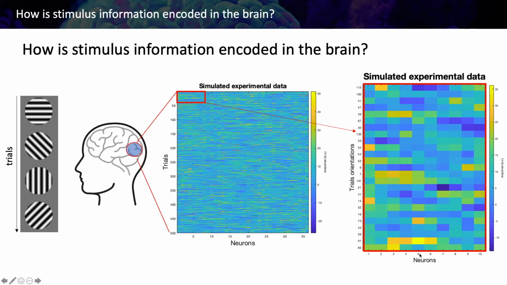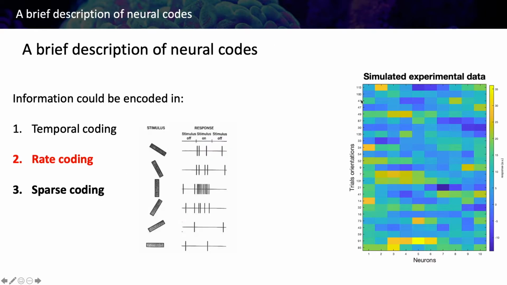And here in the columns, on the x-axis, what we have are different neurons that we are possibly recording from in visual cortex. So this is neuron 1, neuron 2, neuron 3. The idea is that, for example, for trial number 1, we can record the firing rate of neuron 1, the firing rate of neuron 2, the firing rate of neuron 3, okay, and so on. So that means that we can see how each neuron is responding to the different stimuli. So how the information is encoded in the brain.